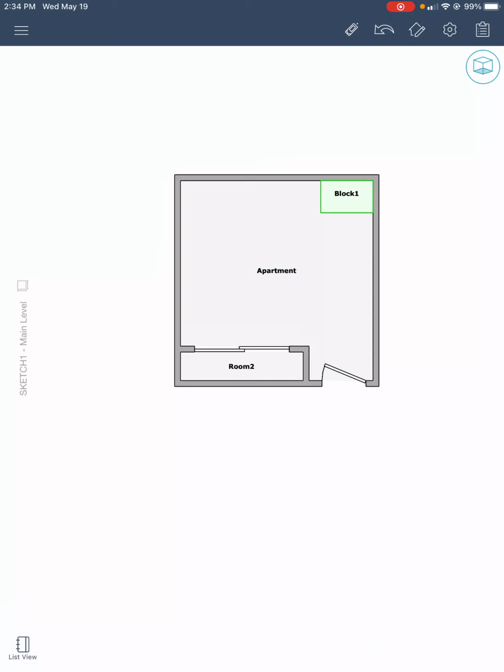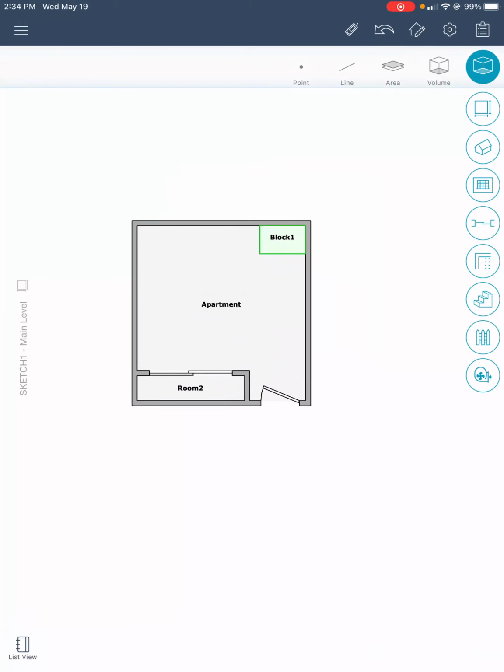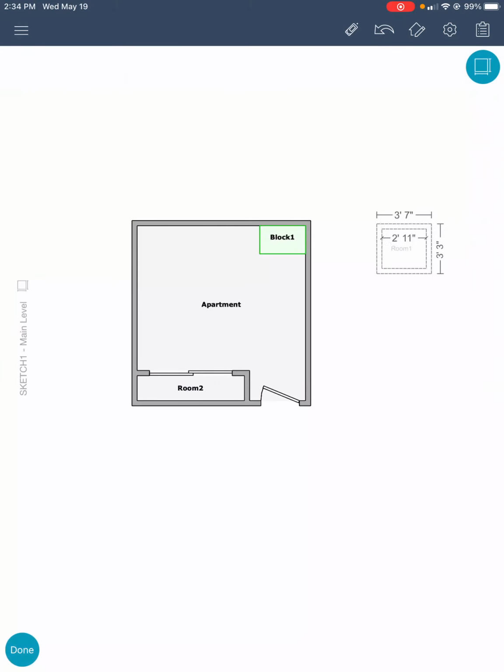And so those are some sketch basics. We can add another room here, but everything else you just really learn along